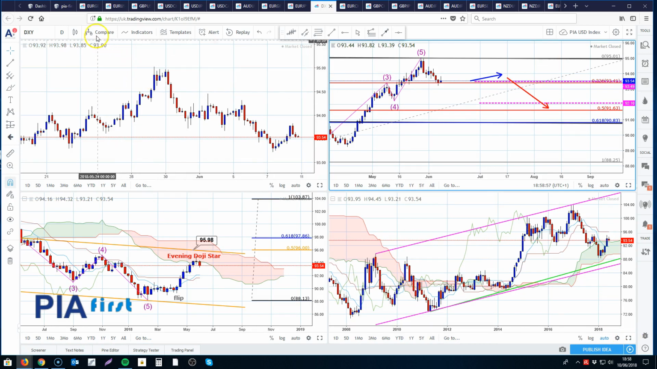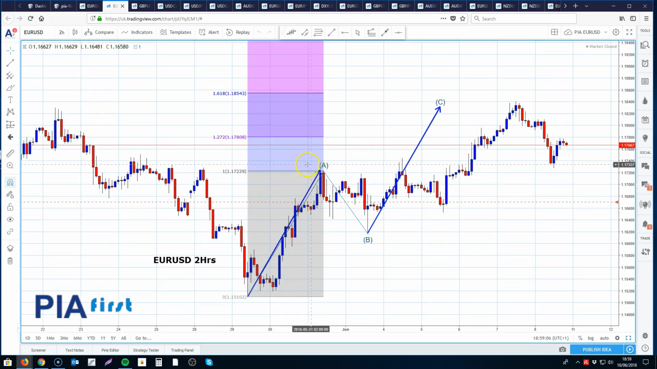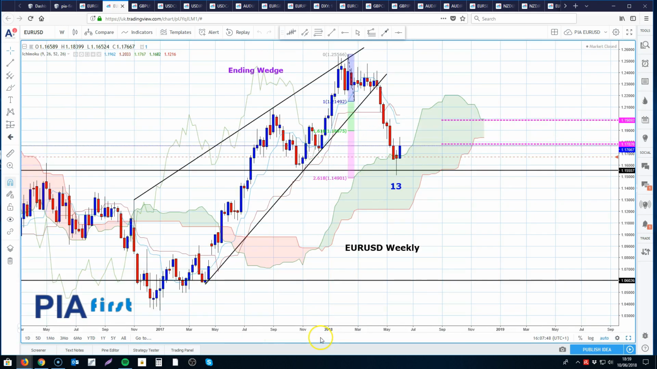If we reflect that bias onto euro dollar, let's go to this chart first, because I think this is probably the most important chart in this outlook. And this is the fact that we've had this ABCD formation complete at around 1.18.25, and then we've seen this move lower. Now if we go to the weekly chart,